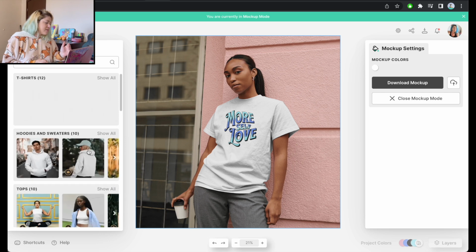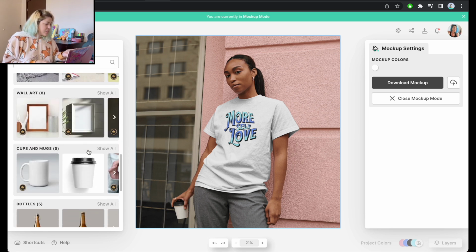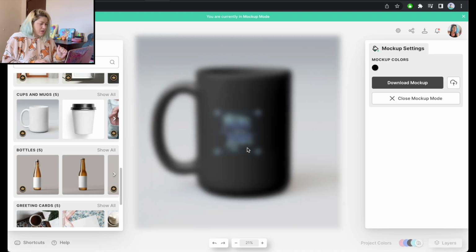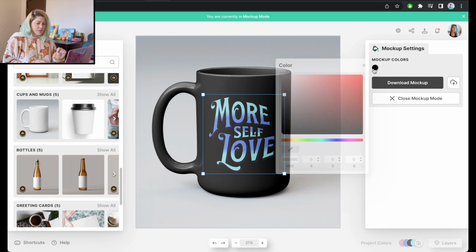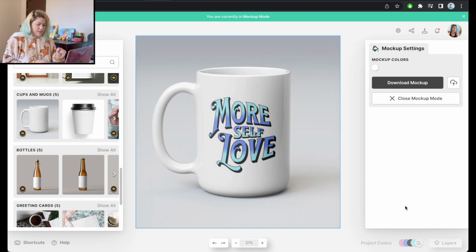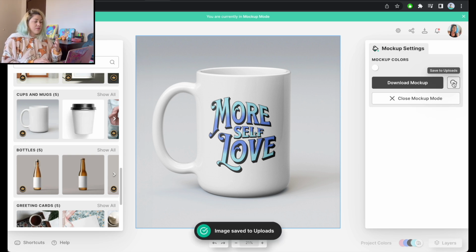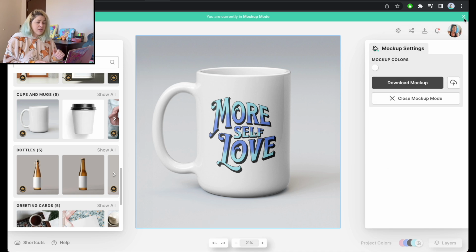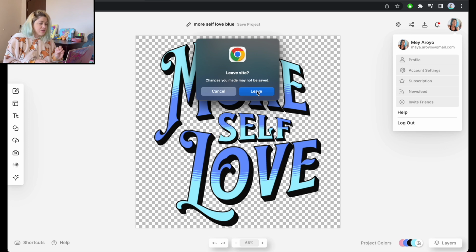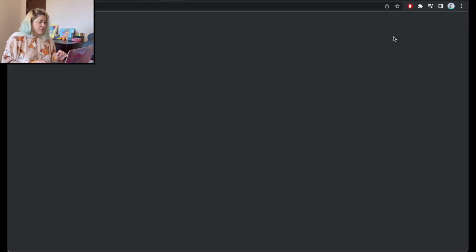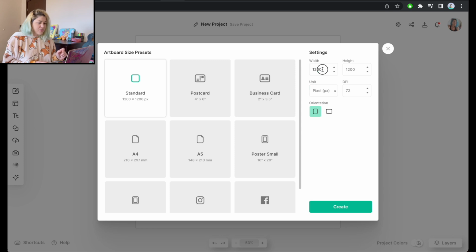But before we do that, let's try something else. Let's go with a mug like this. We don't have this one on TeePublic, but we do have this on Society6, so it won't be an issue. And let's save this to my upload so I can generate whatever I want from this. I'm gonna click off of this mode and head back to my profile and click on New Project. And with this new project, I'm going to design a 1000 by 1500 pixels design